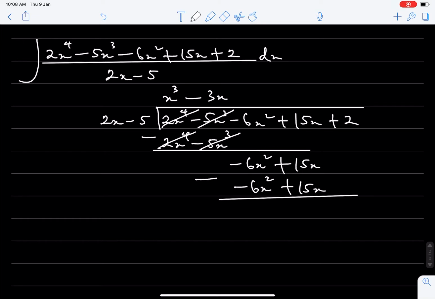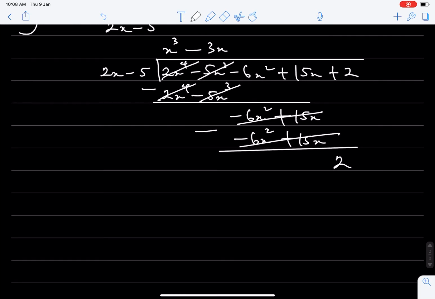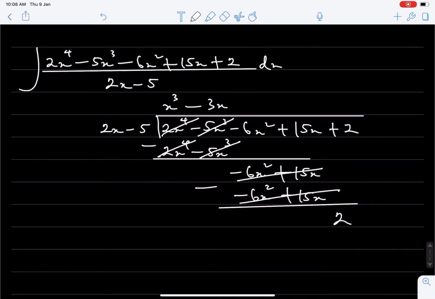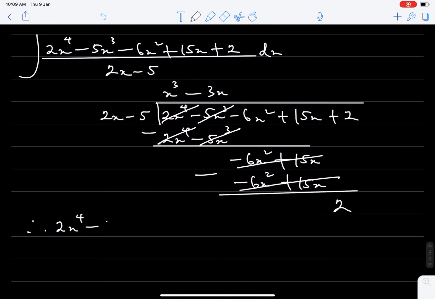So this minus this is 0. And I'm just left with 2. I bring down 2. So the remainder is 2. That means the remainder is 2 and the quotient is x cubed minus 3x. So what that means is 2x raised to the power 4 minus 5x cubed minus 6x squared plus 15x plus 2